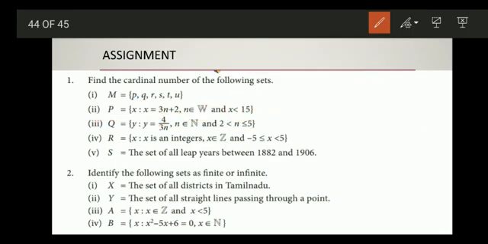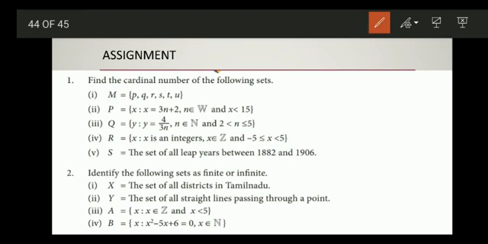Okay. Similarly, do the third one. Substitute values of n, and n is a natural number, and n should be between 2 and 5. It will be equal to 5, but it should be strictly greater than 2. Okay. Other things you can do, I think.